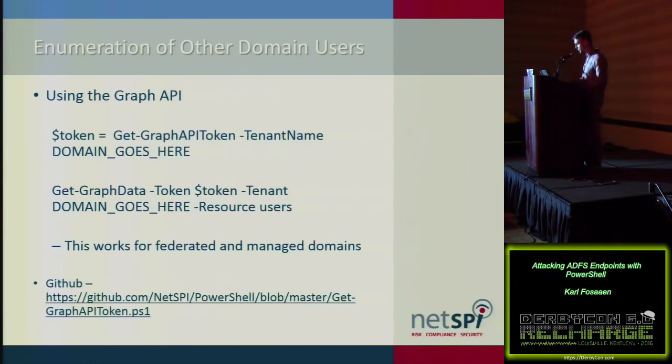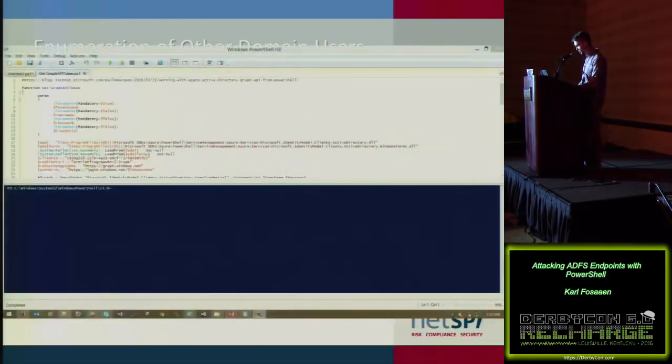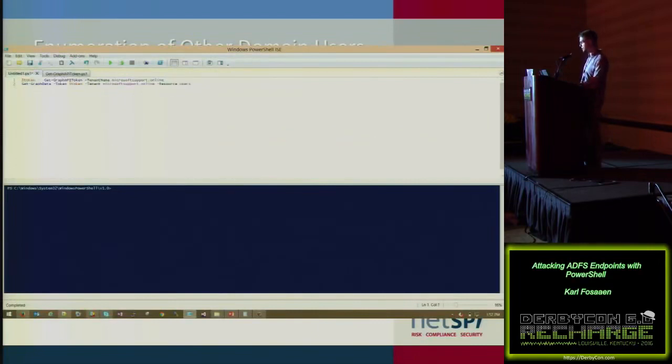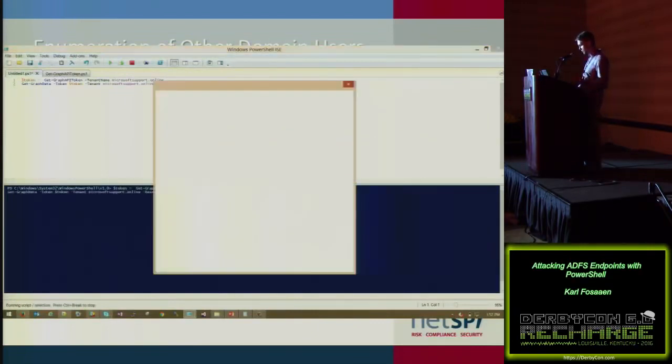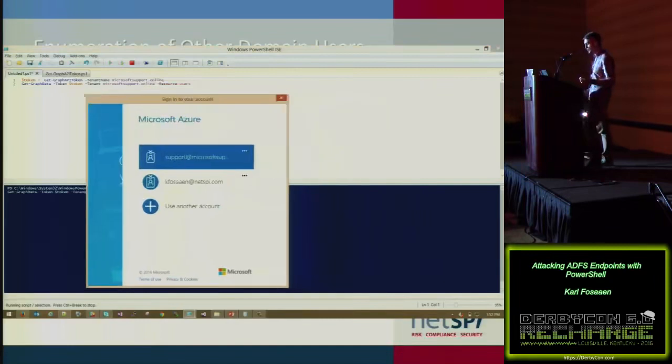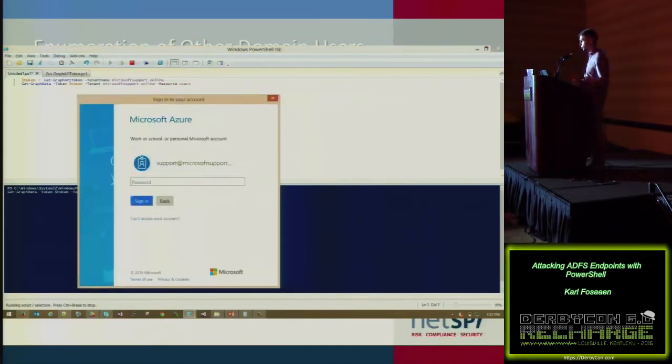We're basically pulling down a list of users here. You can pull this from the PowerShell GitHub from NetSpy here. I'll pull up the demo here. We do have a video demo of this. I'm going to play the video instead, assuming it's playing here, because this one has a tendency to crash on